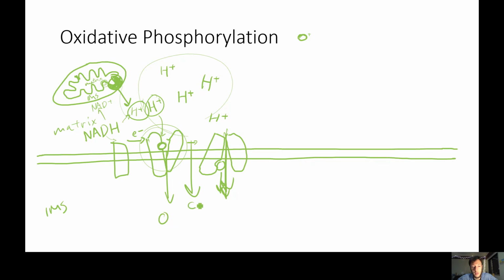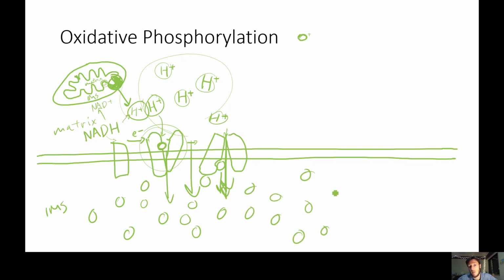And so now what we're left with is actually a higher concentration. I know these look a little different. These are all hydrogens too, down here that I'm drawing. We're left with a higher concentration of hydrogens on this side of the membrane, because of this pumping action. It's pumping it against its concentration gradient. And so we have something called chemiosmosis,